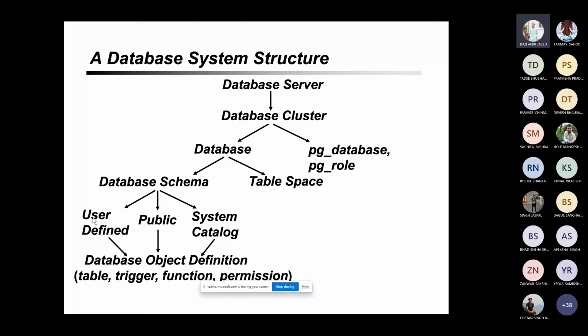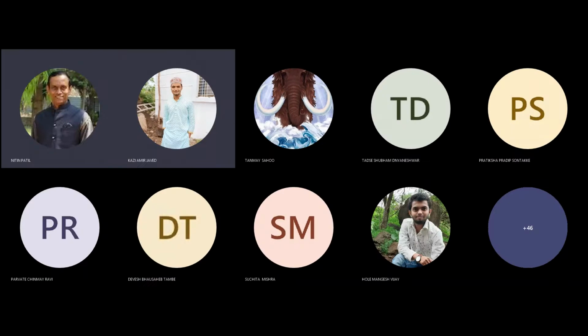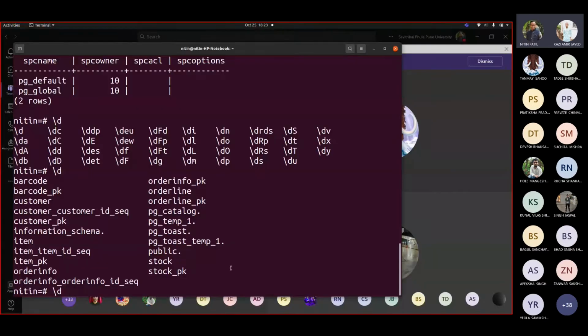Yes, sir. Okay, so how will you see the schemas? When you write \d and then suppose you press tab, let me show you the basic things that you will require. Now some schemas would be user defined, some schemas would be system defined. That's what we saw.